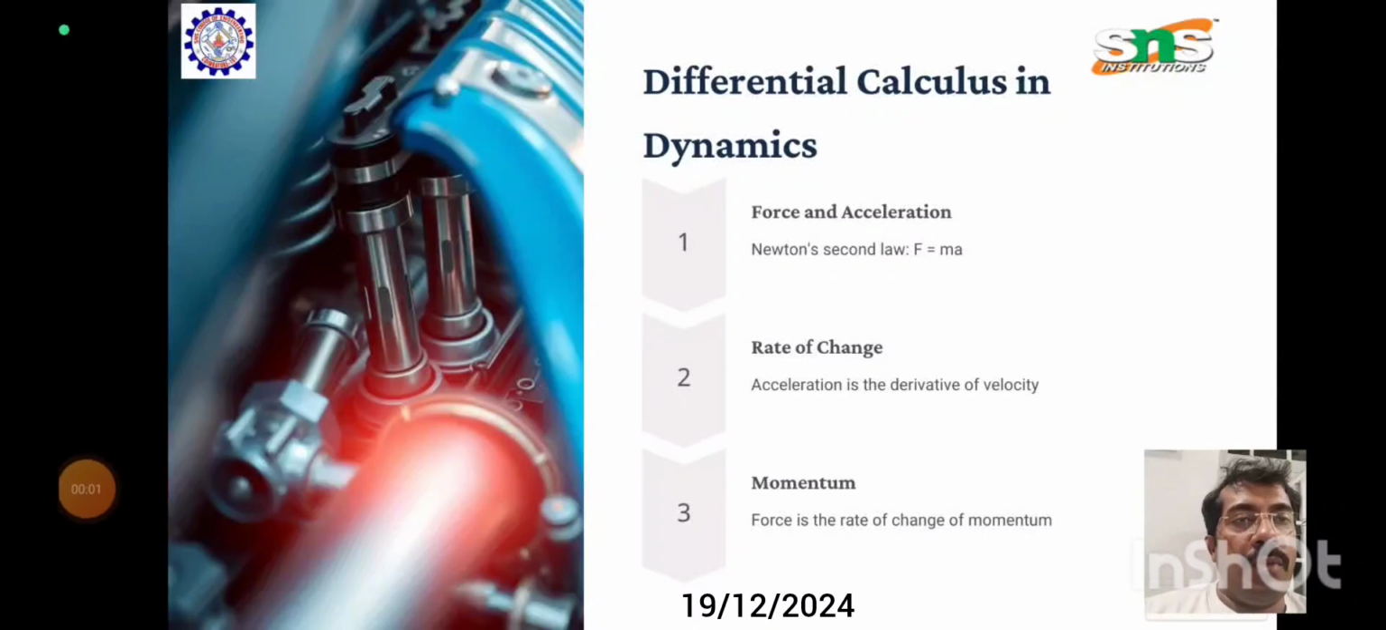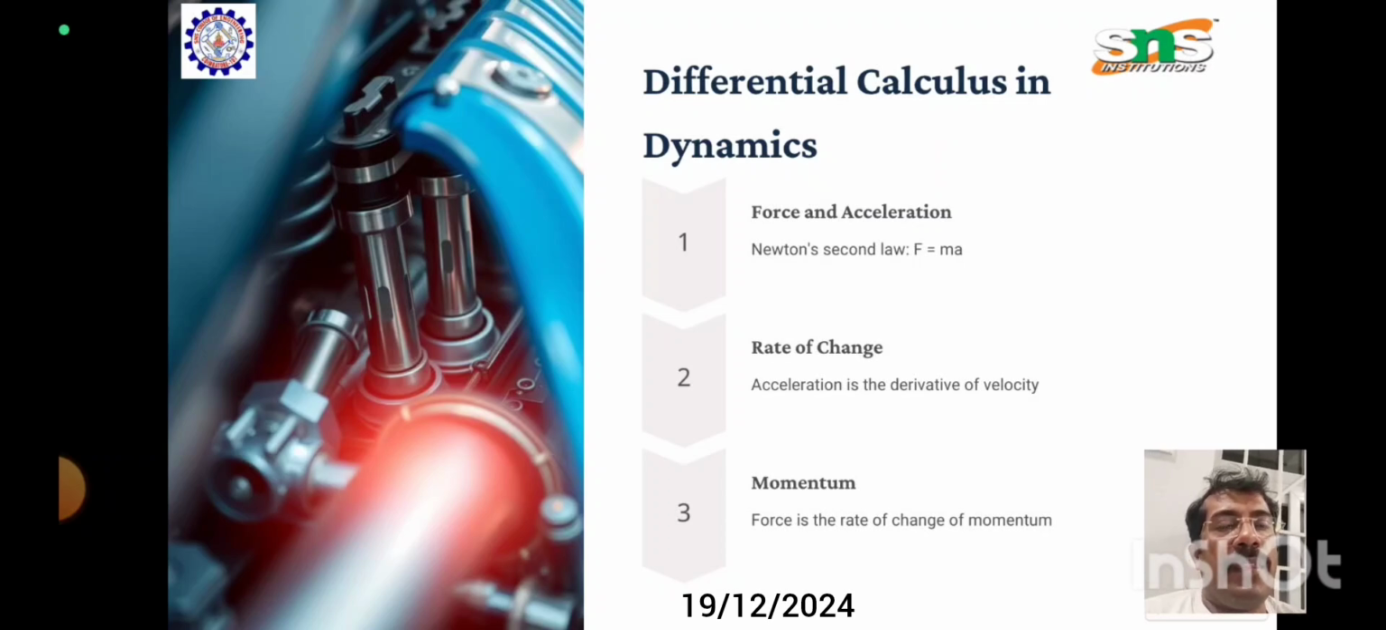Everyone, welcome to the lecture series on importance of mathematics towards engineering. In today's discussion, we are going to talk about differential calculus in dynamics. So already we were talking in the previous session about differential calculus and its importance towards